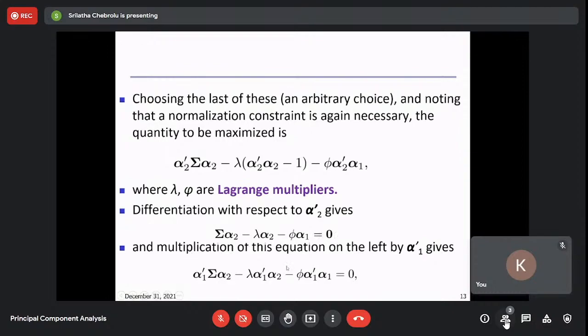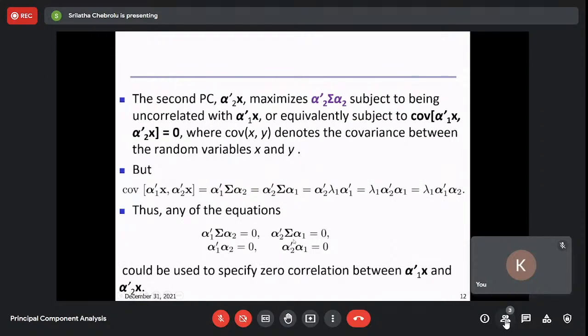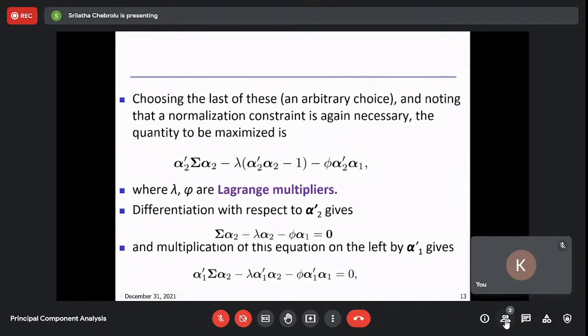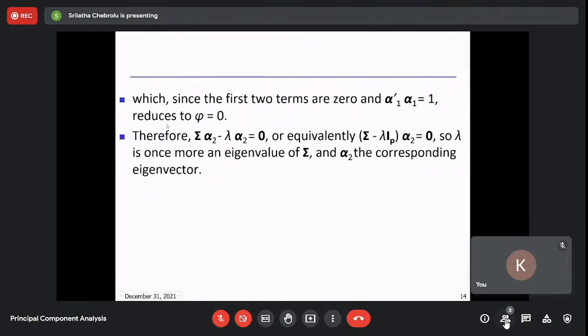Okay, now if I pre-multiply this on the left by alpha 1 transpose, this gives something like this. And we have this thing, right? Alpha 1 transpose sigma alpha 2 equal to alpha 1 transpose something. Okay, since the first two terms are 0 and this equals 1, this reduces to phi equal to 0. Okay, phi is equated to 0. And then once again, if we see,